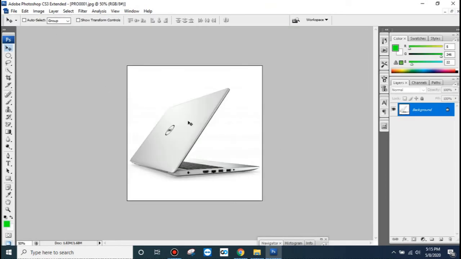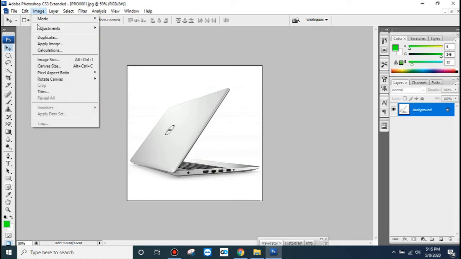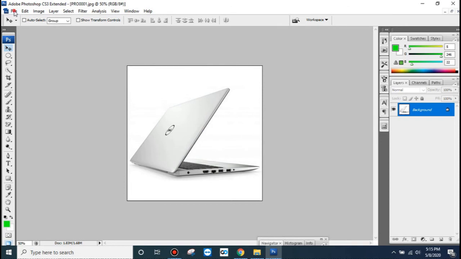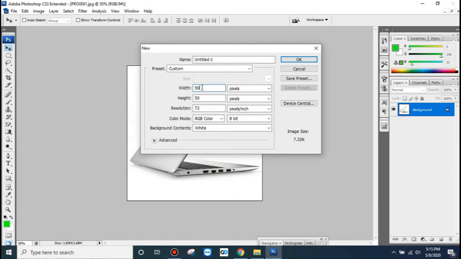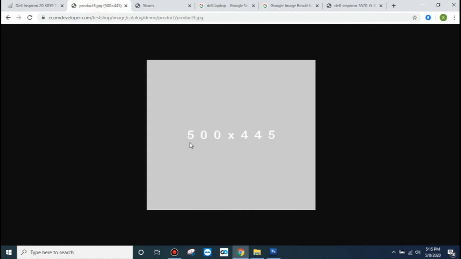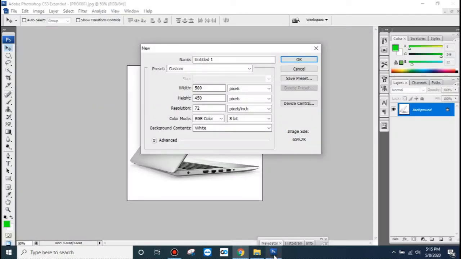That image is open in Adobe Photoshop, and in image size I see the image is 800 by 800, but my requirement is to create an image having size 500 by 445, if I am not wrong, let's check it again. Oh, 500 by 445. Click here.